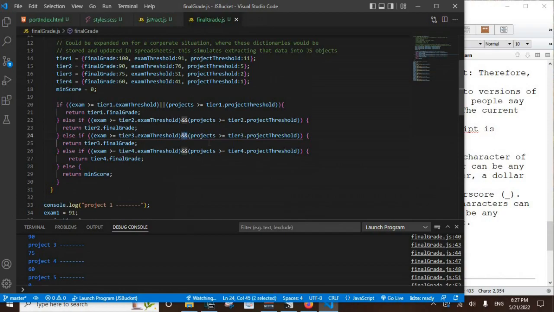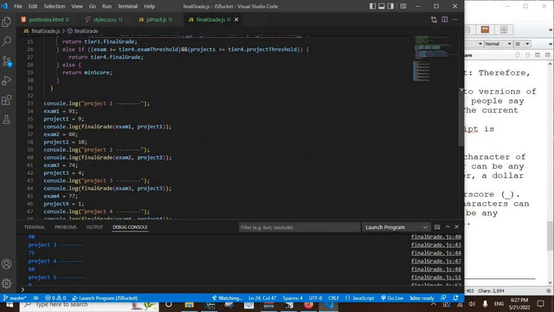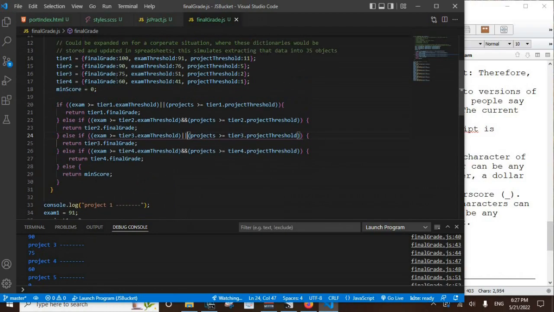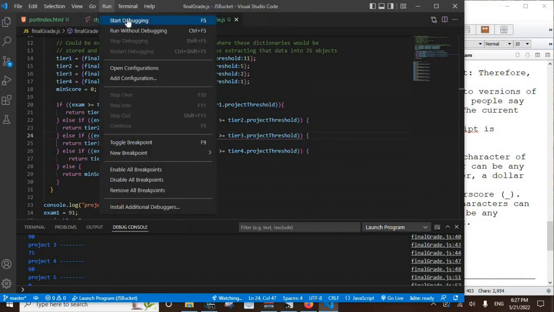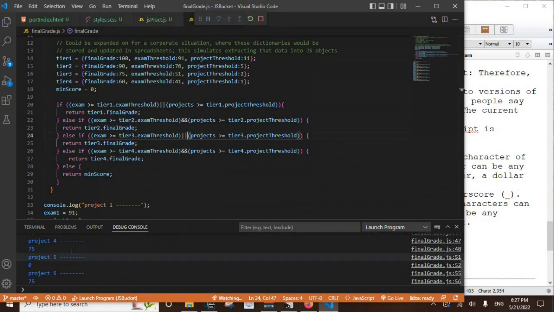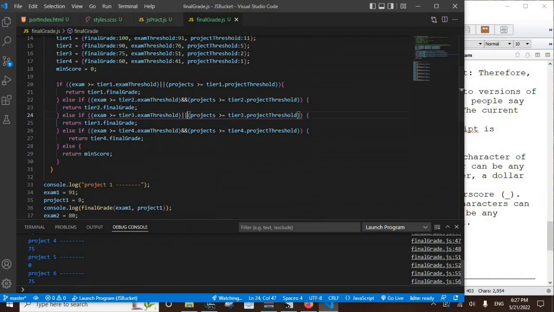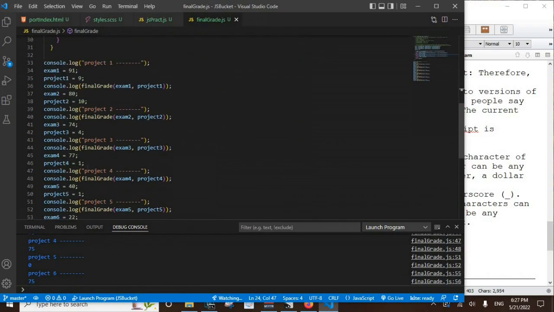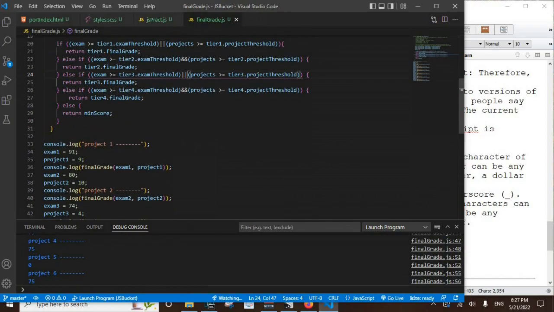So if I put or for that, then since project 4 has 77 on the exam, then, so what's tier 3? Oh, they got over that, and we put it for or. Then if I run it again, then project 4, or person 4, should have 75. Yep, and that's true. Even though they only had one project there, because we changed it from and to or.